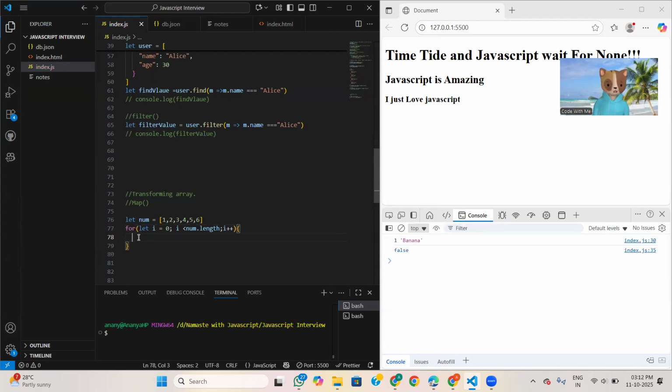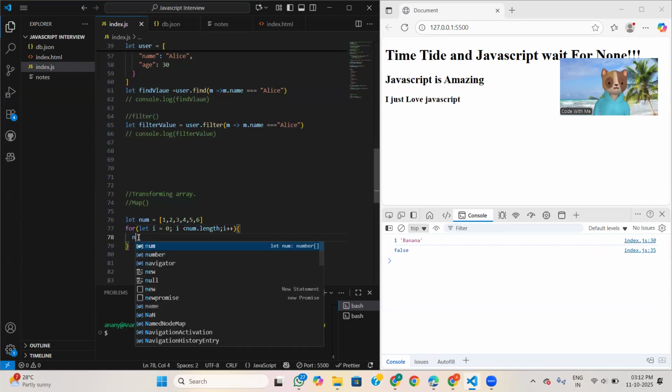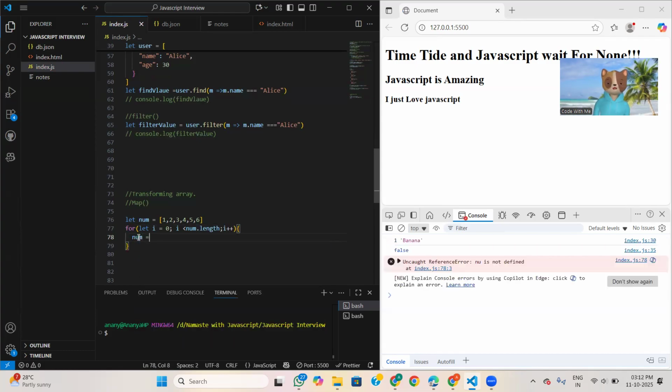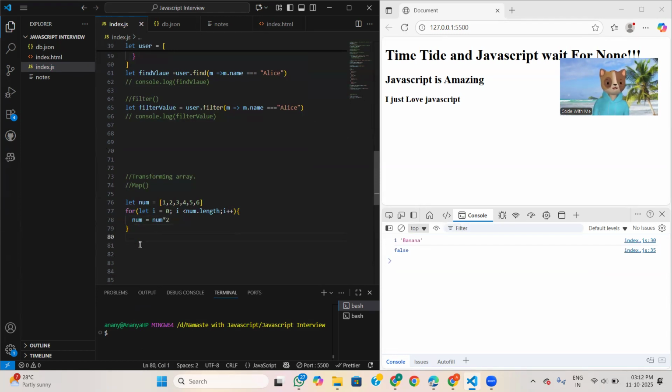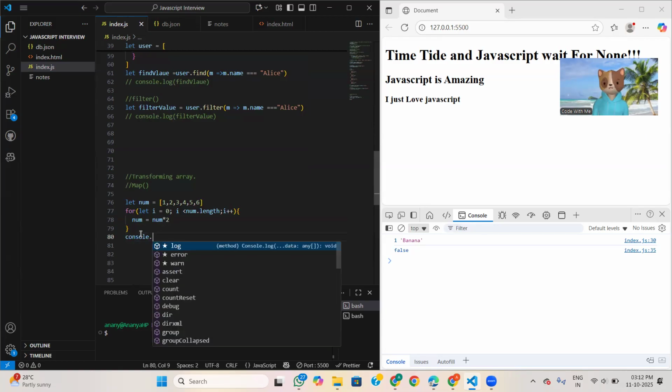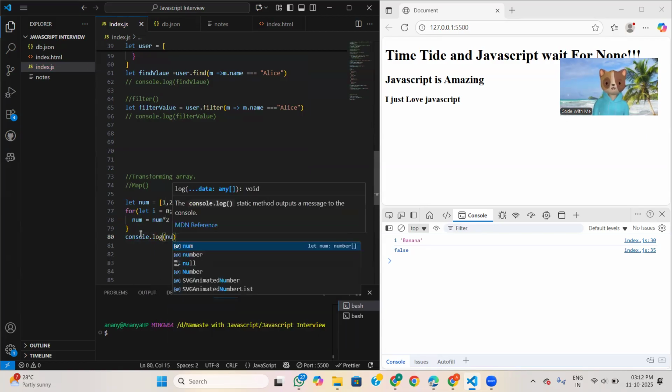Now I want every element to be multiplied by 2, so we write num is equal to num into 2, and it will return that. Now console.log num.